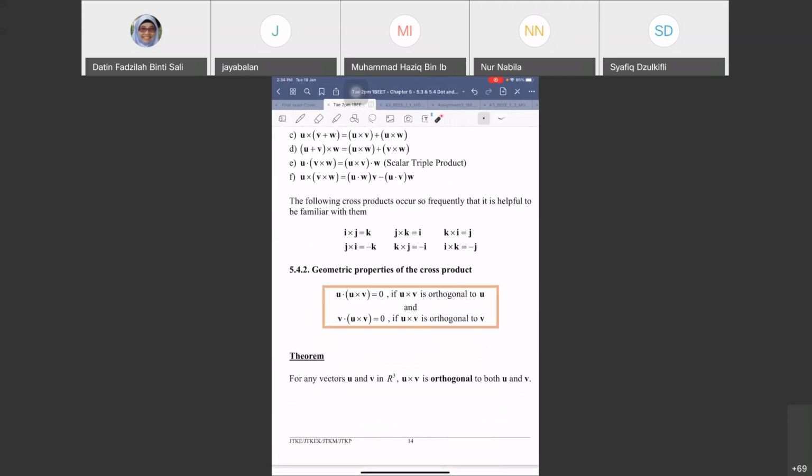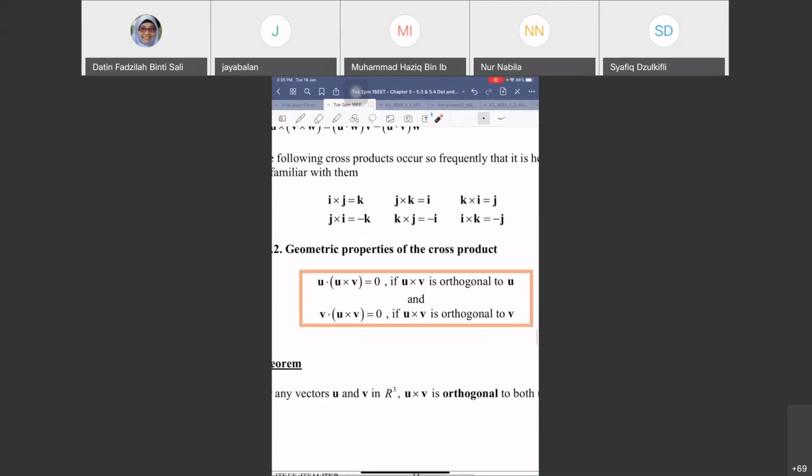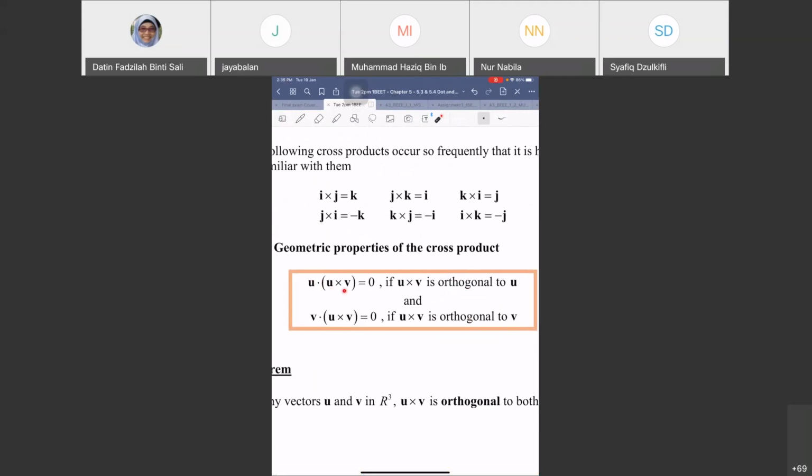is this part, where it says that u dot u cross v equals 0 if u cross v is orthogonal to u, and v dot u cross v equals 0 if u cross v is orthogonal to v. Basically the cross product itself is an orthogonal vector to both